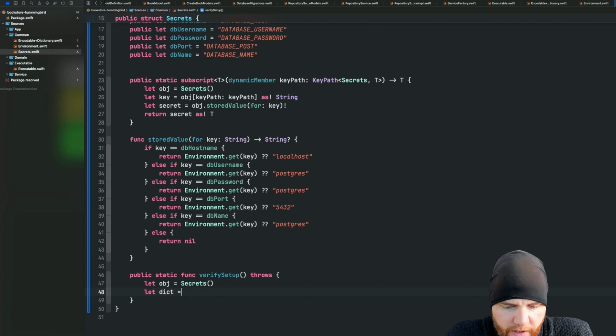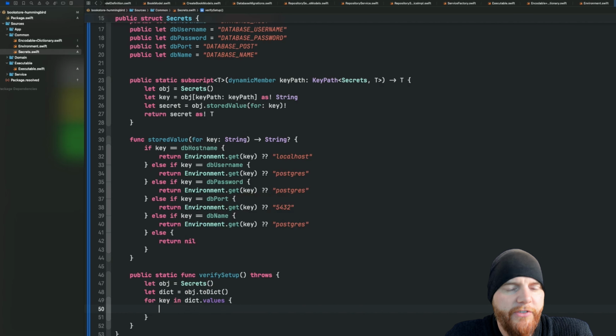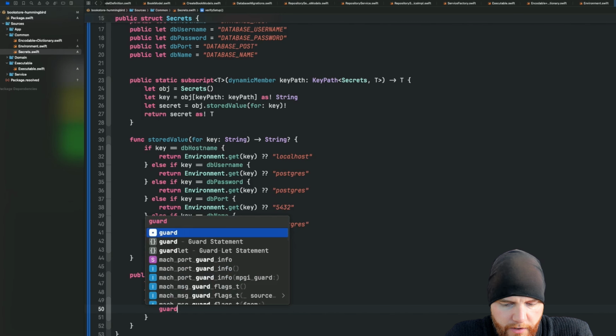And I need something like object dot to dictionary. I don't have this function yet, I will get to that in a second. And then I would say, okay, for every key in dict.values, I want to go through it and say, hey, do I have a key set, a value set for this key? Okay, so I can say guard let